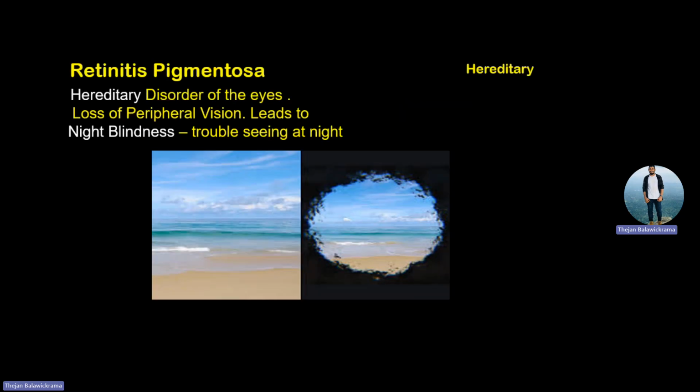It's retinitis pigmentosa. It's a hereditary disorder of the eyes with loss of peripheral vision. It leads to night blindness, because now it's affecting the periphery. Just like in glaucoma, it's a hereditary condition, and it's due to the progressive loss of rods